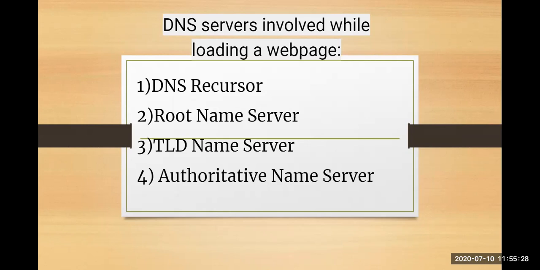Next is your TLD, which stands for top level domain. You can think of it as an important step wherein all your information related to DNS is stored in the form of country prefix and the domain which it belongs to. The common domains are .org, .com, .edu and so on. Last is your authoritative name server. It can be thought of as a data dictionary where all your information is stored in the form of metadata, and all the information will be stored there. So that is your authoritative name server.